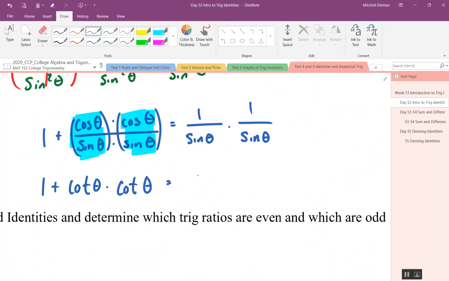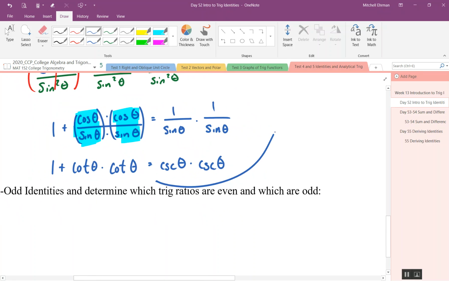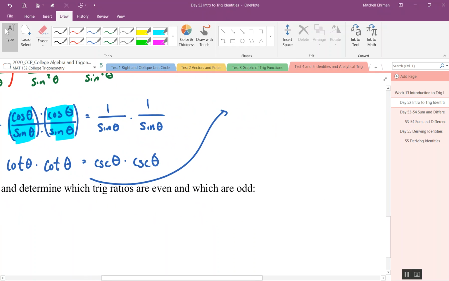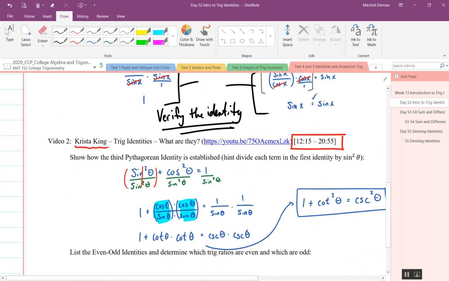So we can write this as cosecant theta times cosecant theta. And rather than listing these separately, running out of room here, so I'll slide this over to this side. We'll write this as 1 plus cotangent squared of theta equals cosecant squared of theta. And that should be the third